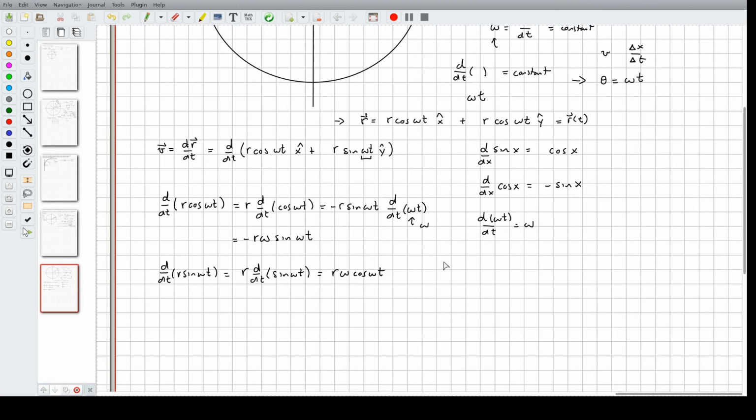So what you have here, when you take your derivative, noting the fact that much like this r, x hat and y hat are constants, the velocity that you get is going to look like minus r omega sine omega t x hat plus r omega cosine omega t